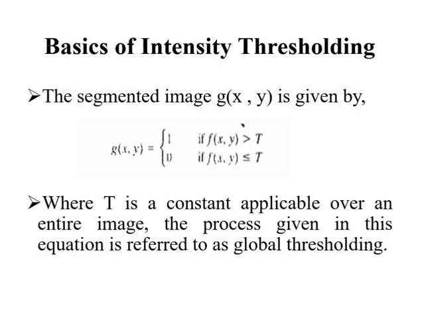When the value of T changes over an image, we use the term variable thresholding. The term local or regional thresholding is sometimes used to denote variable thresholding in which the value of T at any point (x,y) in an image depends on the properties of a neighborhood of (x,y). If T depends on the spatial coordinates (x,y) themselves, the variable thresholding is often referred to as dynamic or adaptive thresholding. Use of this term is not universal, and one is likely to see them used interchangeably in the image processing literature.